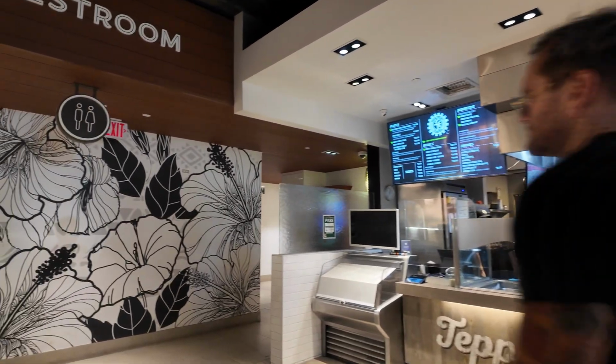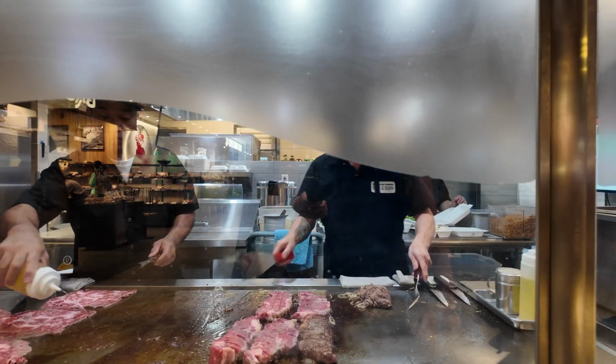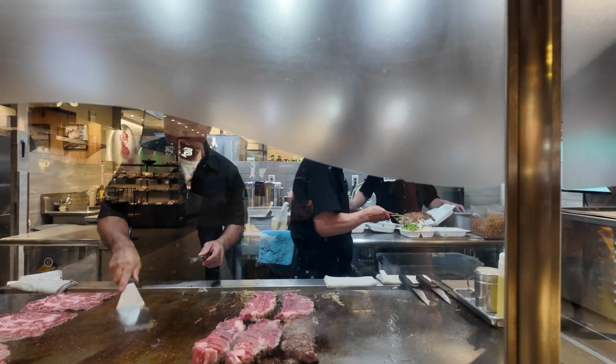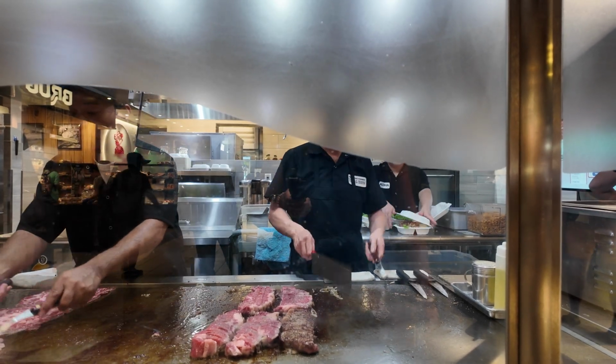Look at those steaks. I believe those are ribeyes. Aren't they gorgeous? Are you a steak person? Curious to know, if you're a steak person, where's your favorite steak place here in Oahu? We definitely have our favorites, so we're going to be talking about some of those, but